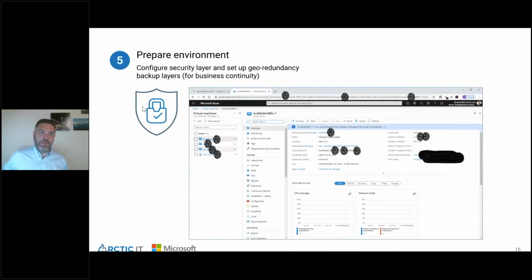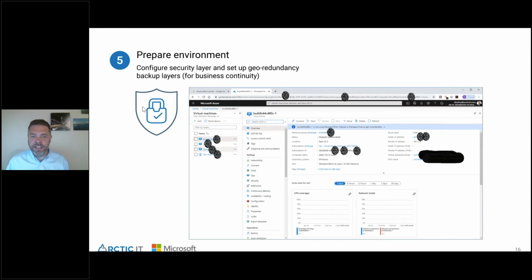And the next thing is to start to prepare the environment. Security is so important to what you do, so what you want to do first is lay down that security model. What's your security posture going to be? This is a screenshot of a real live VM instance. What are we doing to secure that? There are so many tools available to you. And then, what are you going to use for business continuity?